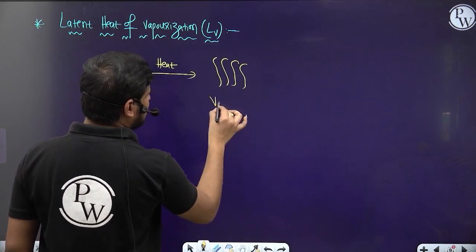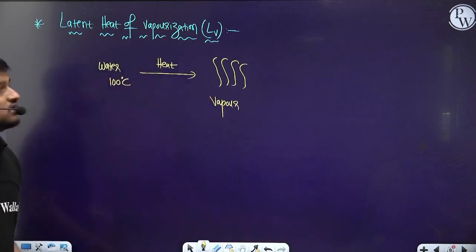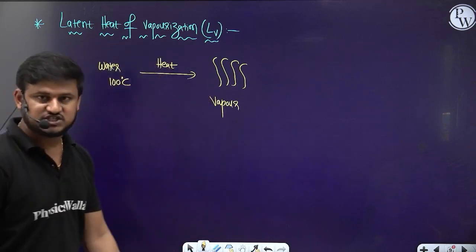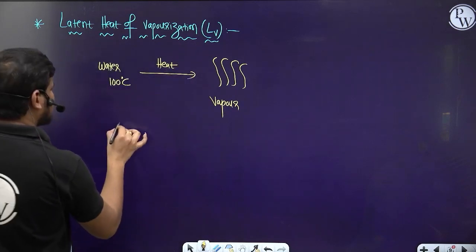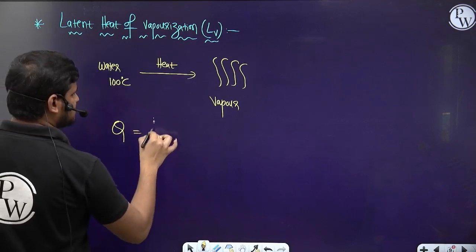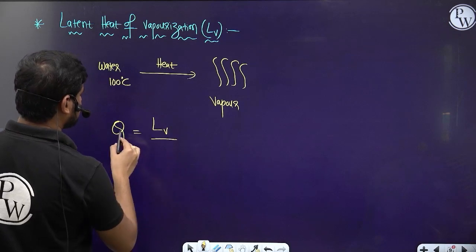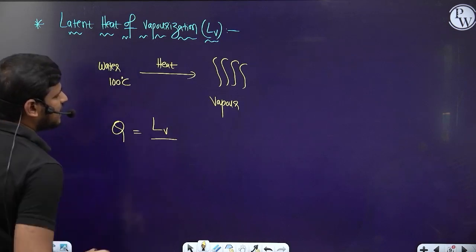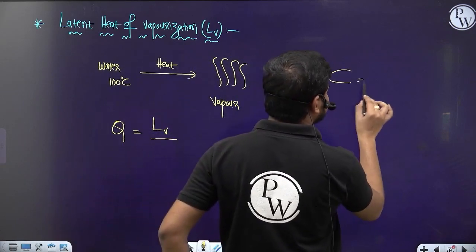So the heat that you supplied in this particular case is called the latent heat of vaporization, which is denoted with LV. So here I can write Q, the heat that you supplied, is equal to LV by... see, what is the heat capacity that we wrote? The heat capacity C is equal to